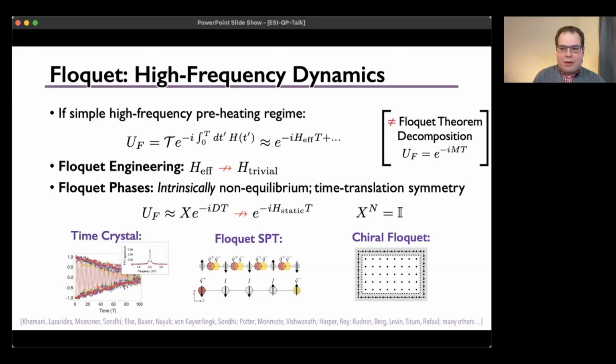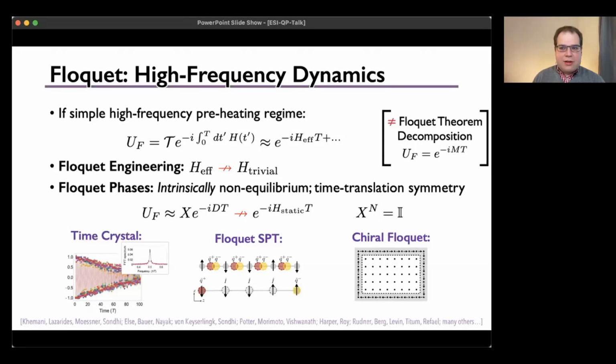And we know that has to be the case because this holds true for all times, including those times where the system heats up to a featureless infinite temperature state. Okay, but here in the preheating regime, we have an effective local Hamiltonian that really looks like an effective local Hamiltonian you would write down. And something that people have been very interested in is to realize new types of phases. One of those types of phases goes under the name of Floquet engineering, which basically means that your effective Hamiltonian describes a phase that is topologically non-trivial,